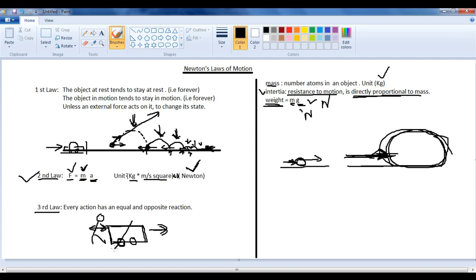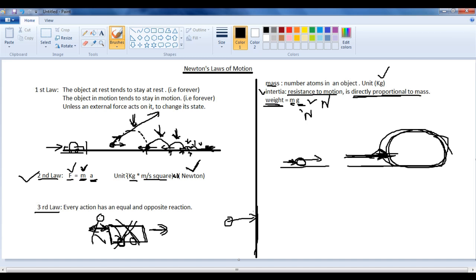Now let us take if this car is not there and you are trying to push, then what happens? You just fall down. Correct or not? You just fall down. So you can think like the car or the other object has an equal force acting on you, so that there will be an equilibrium. If your force is more, then the car will start moving in this direction. That is what the third law says, that every action has an equal and opposite reaction. Also, if this is a wall, if you throw a ball in this direction, right?